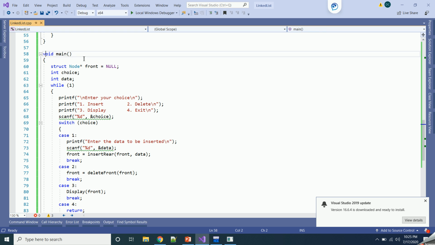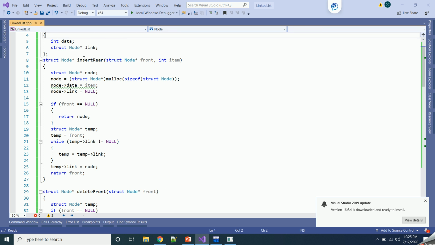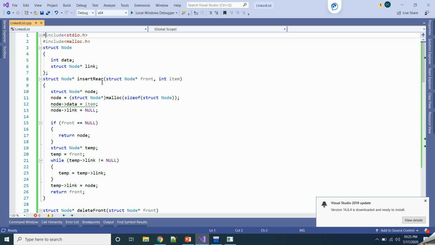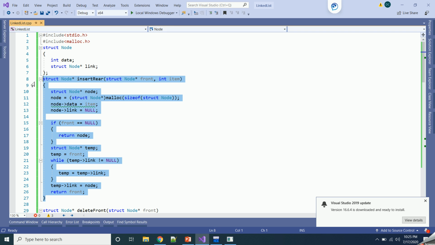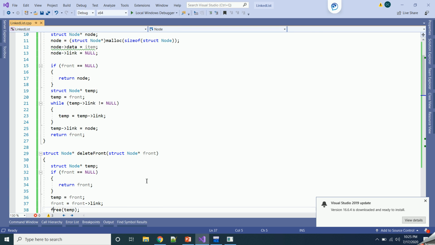Now let's see the insert, delete and display functions. This is the insert function, which helps us to add an element at the end of a linked list or queue.